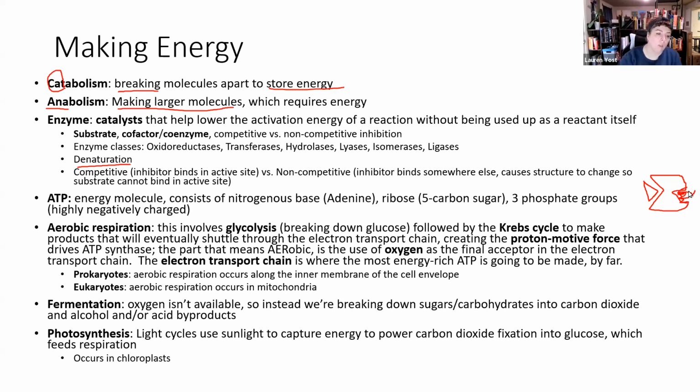All right. So we've mentioned ATP before. That's adenosine triphosphate. ATP is our energy molecule. It consists of a nitrogenous base, in this case, adenine. So don't worry too much about what all that means, because we will talk about that later. But adenine is like the A in the ATCG of DNA. Okay. So it's a nitrogenous base. It has a sugar. It is a 5-carbon sugar that is associated with it. That sugar is called ribose. Yeah, that's like ribose, like RNA, ribonucleic acid.